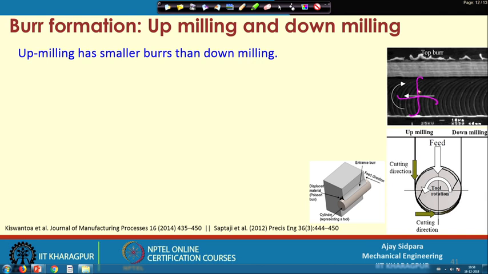So, whatever material is available here, so this is the material available. Right. This is the material, your cutter is slowly going from the right side to the left side and it is removing the material. Now, consider that you have some burr formation here at the up milling side in this location, right. So, when you have some burr formation, what is going to happen?